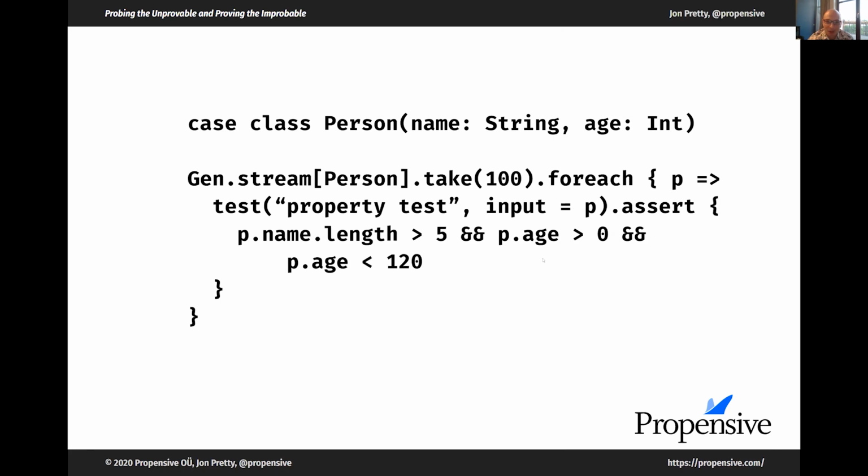And hopefully you can see from this that the mechanics which deal with the testing work completely independently of the mechanics that deal with generating the properties. We generate a stream of persons, and then independently of that, for each element of the stream, we run the test. They work well together, but there's no dependency between them.